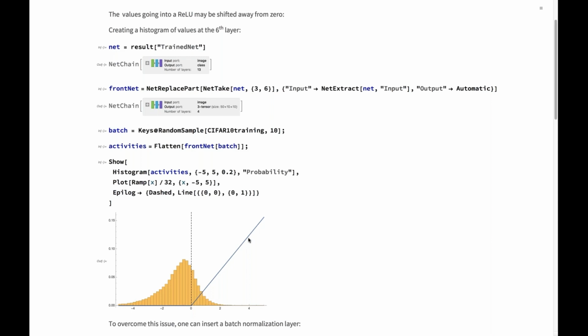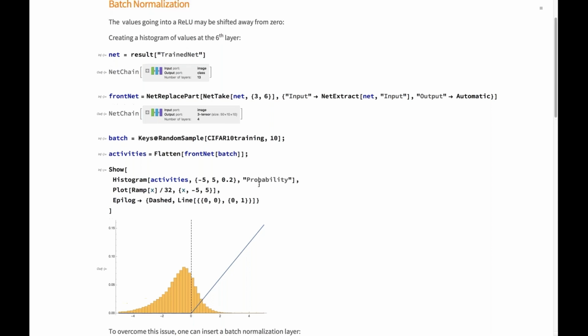If you just have positive values being conveyed, then you don't have any nonlinearity. So essentially, you should make sure that the activity of your network averages around the zero point, and that's where batch normalization comes in.